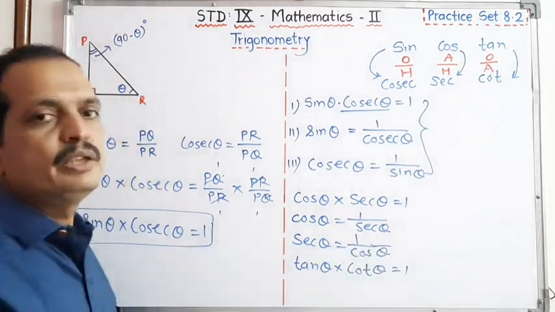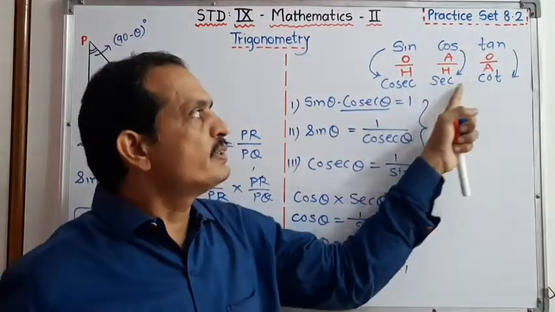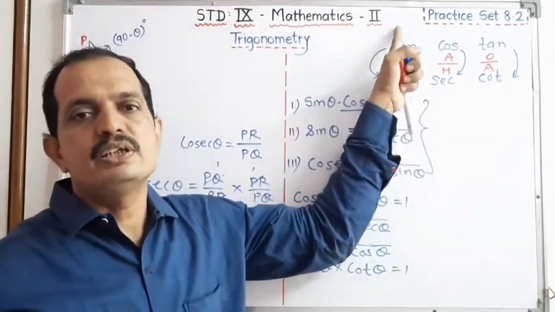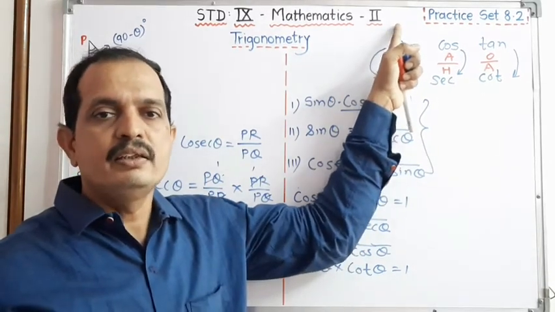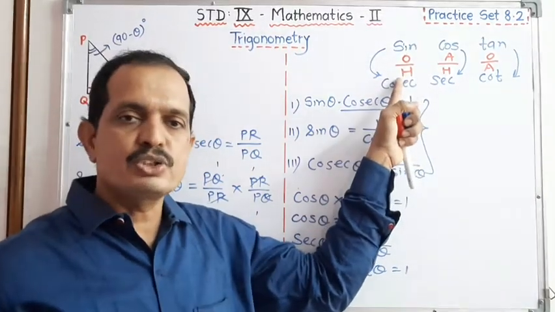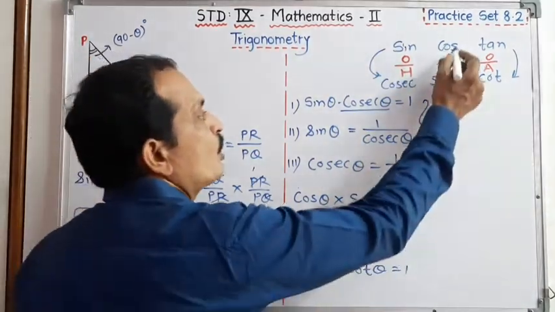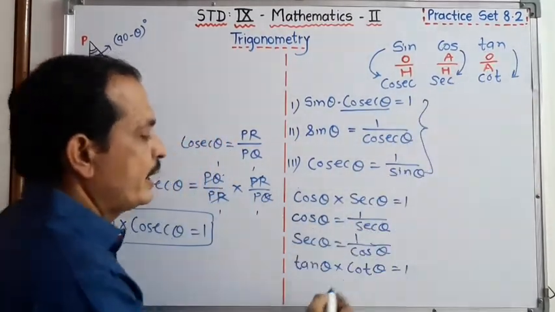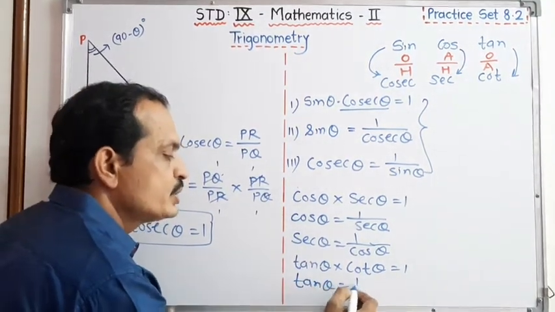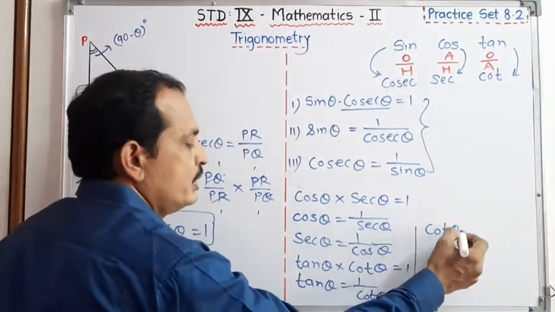Dear student, it is very easy to remember if you remember this in sequence: sine, cos, tan, cot, sec and cosec. Therefore, the relation is between sine and cosec. Sine theta into cosec theta is equal to 1. Sine theta is equal to 1 upon cosec theta, or cosec theta we can convert into 1 upon sine theta. Same thing for cos and sec theta, same thing for tan and cot. Tan theta into cot theta is equal to 1. Therefore, we can write here tan theta is equal to 1 upon cot theta, and cot theta is equal to